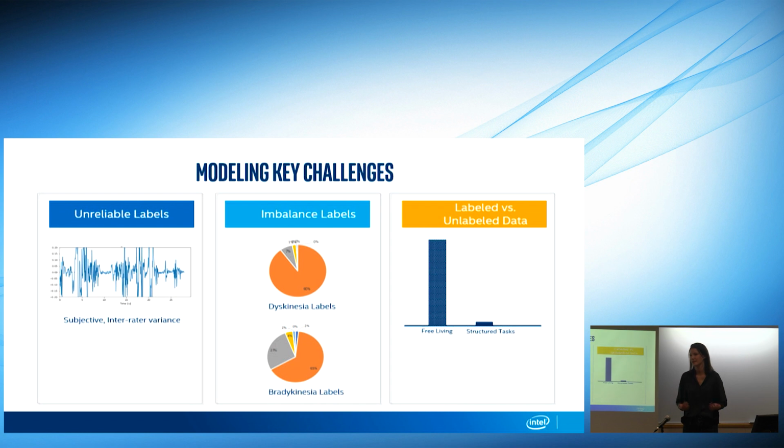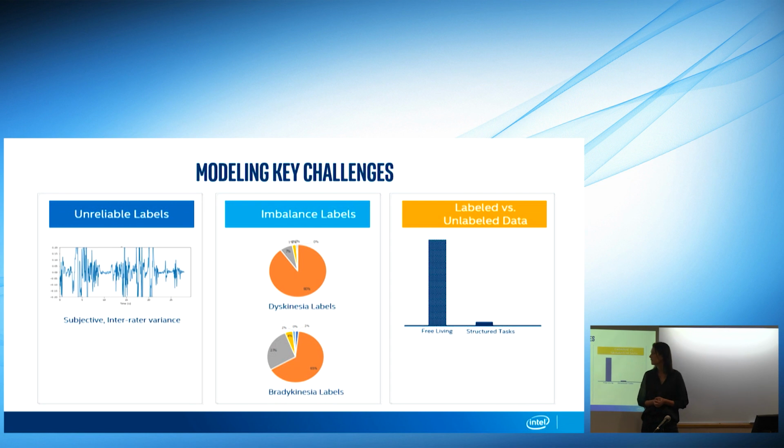unreliable labels. There is some kind of a paradox in the fact that we are using experts to provide labels, while at the same time we know that they're insensitive and not necessarily accurate, and there is variance between clinicians. So this is problem number one. There are a lot of cases where our data science team looked at the data, we can clearly see a signal, and at the same time we see a zero score. And so obviously it is a very challenging thing to overcome when modeling the data.